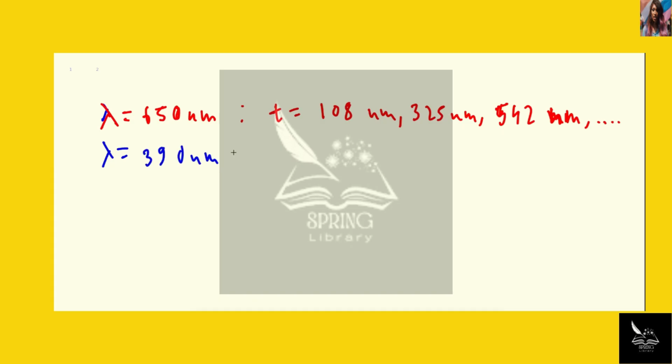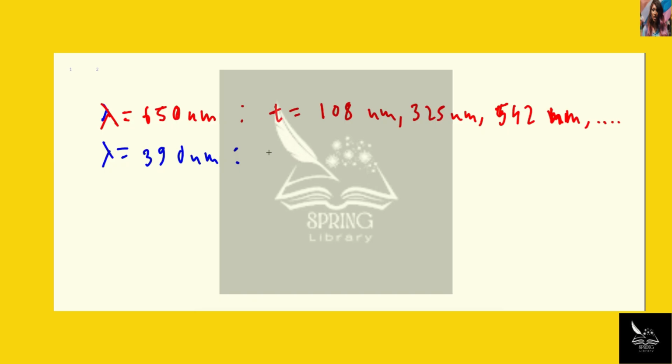So that'll be m equals 0, m equals 1, 2, 3, etc. So you have, for m equals 0, t is 108 nanometers. For m equals 1, you have 325 nanometers. For m equals 2, you have 542 nanometers. And you can keep plugging in some values, but let's check to see what these give us. Then we're going to compare this to 390 nanometers, which is almost at the bluest edge